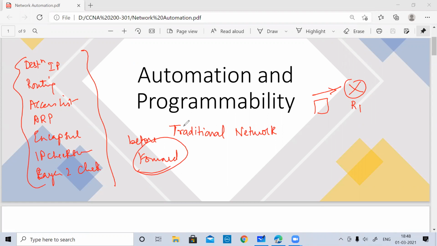Every router and every switch sitting inside the network is involved in doing such tasks.